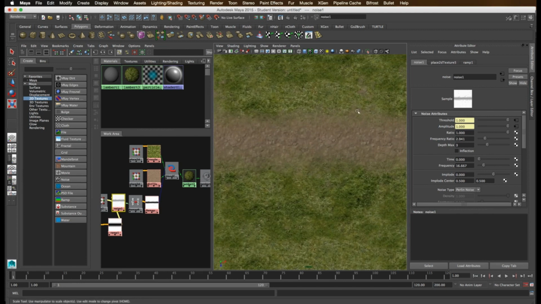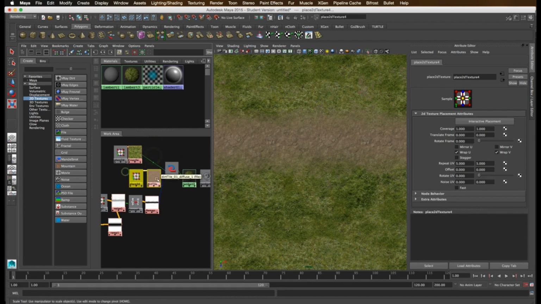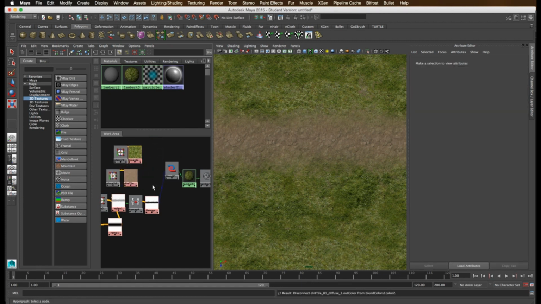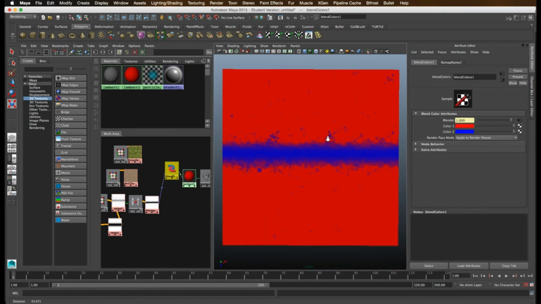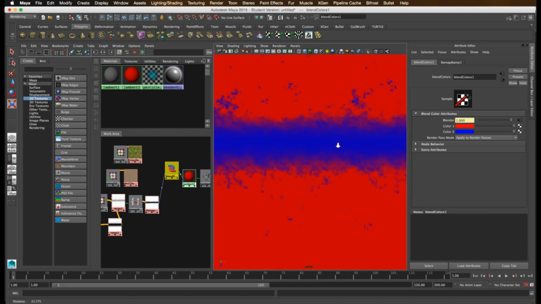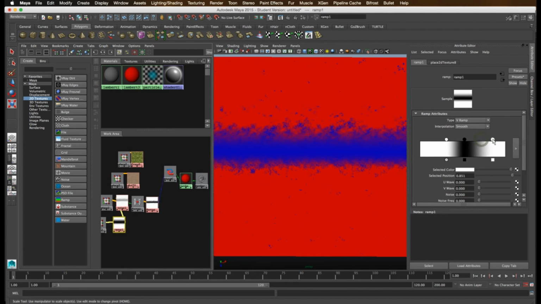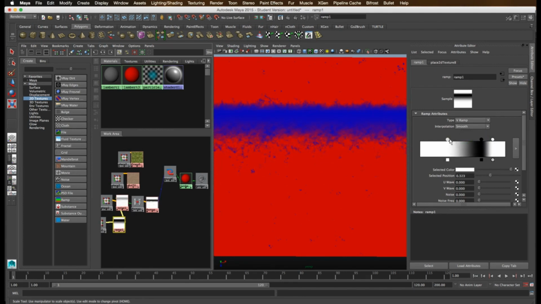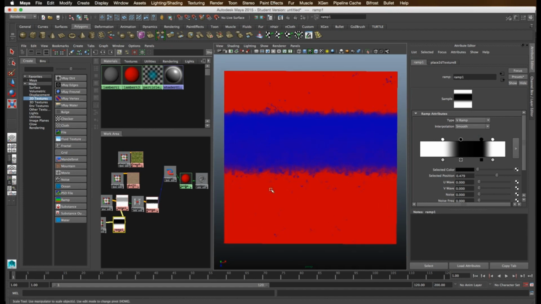And again, this is easier to visualize if we didn't have these connected. And I'll just disconnect them real quick so you can see. We'll just go back to our red and blue colors. So there's our blend that's happening, right? And you can notice how beautifully organic that is, right? And again, we have full control over where that goes. How wide it is, how tight one edge is, and how we can bring it up to another edge. We can expand the black area here. So all of these different things we can change. And when we do feed our textures into it, it just gets that much better,